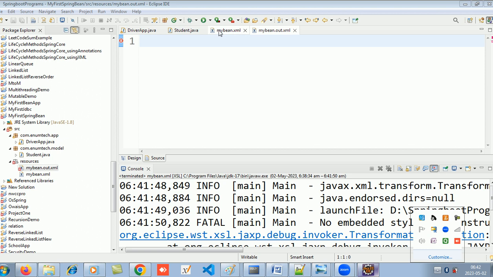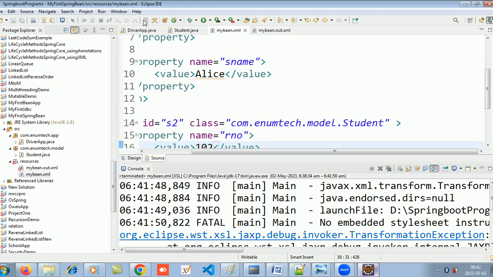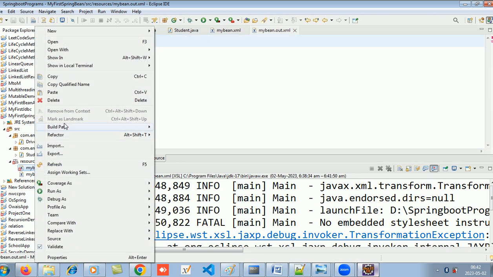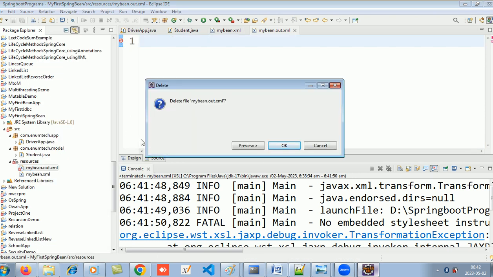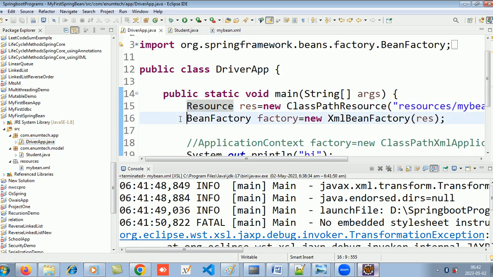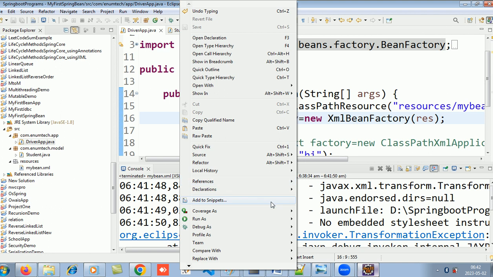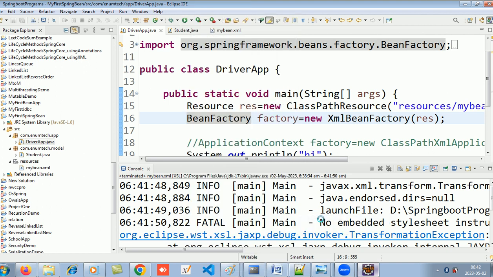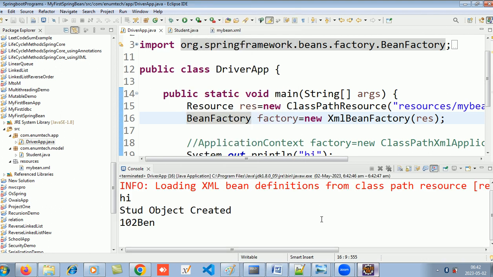अगर आप बीन फाइल को सिलेक्ट करके रन करोगे ना एप्लीकेशन को, तो वो एक फाइल क्रिएट करता है mybin.out.xml। ये कुछ काम की फाइल डिलीट करो उसके वजह से पूरा स्लो हो गया। इसके लिए कभी भी वहाँ से रन मत करना, ड्राइवर ऐप में जाना, राइट क्लिक करना और रन एज जावा एप्लीकेशन करना, तो फट से रन हो जाता है। ठीक है,